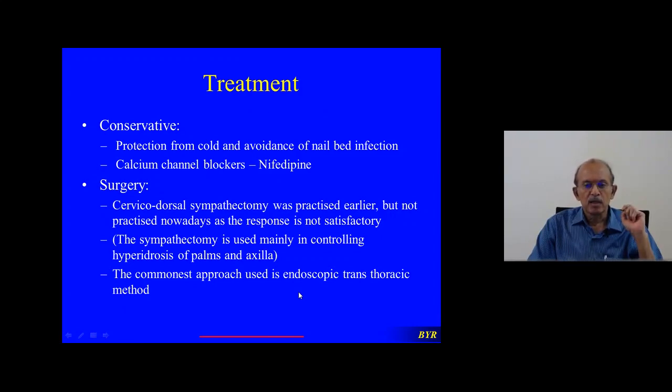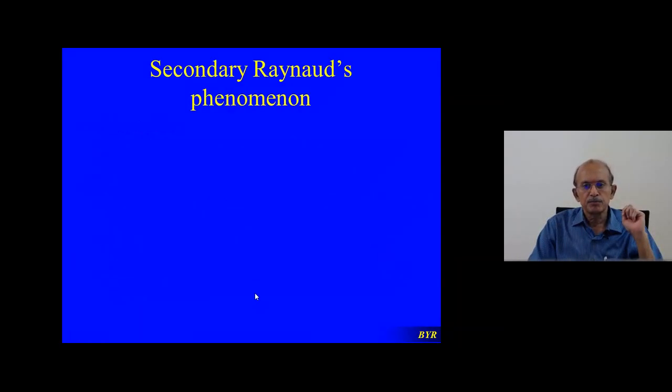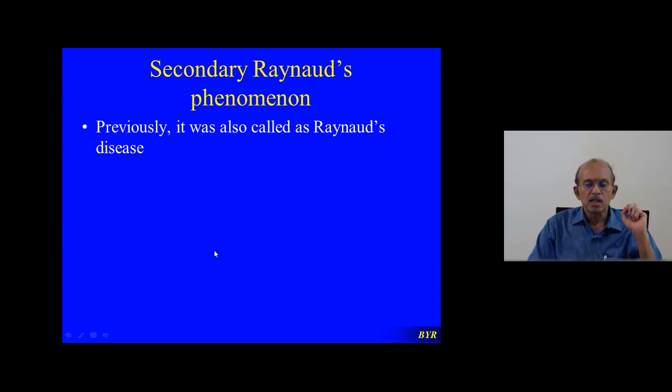Of course, for the sympathectomy operation, the endoscopic transthoracic method, I told you the thoracoscopic approach. There is a word primary, that means where no cause is found. Then secondary Raynaud's phenomena. It was also called Raynaud's disease. It is secondary to other vascular diseases